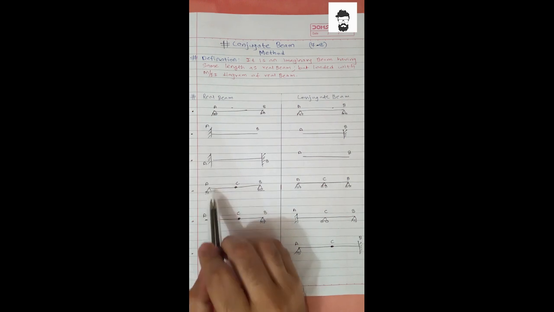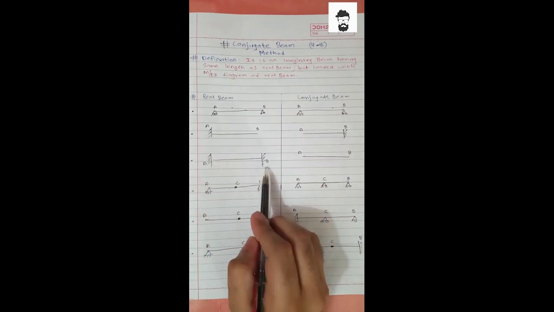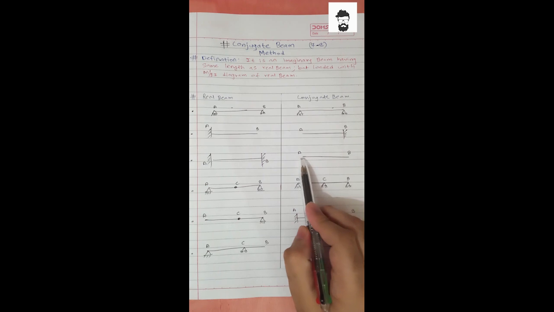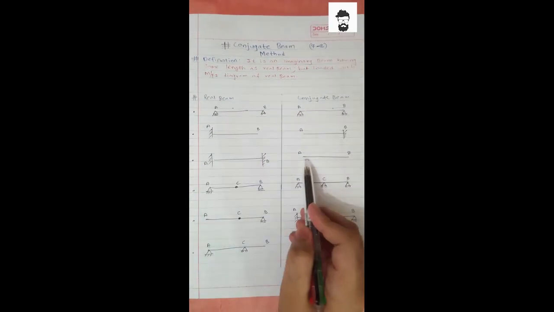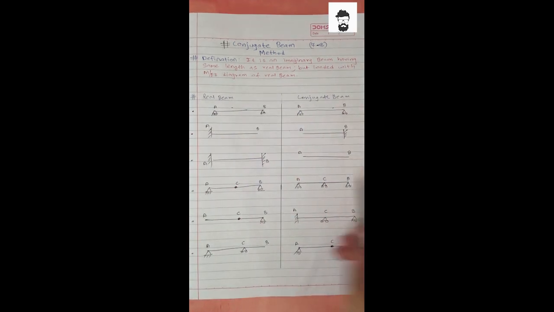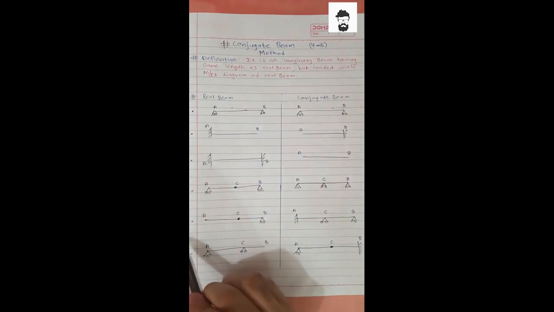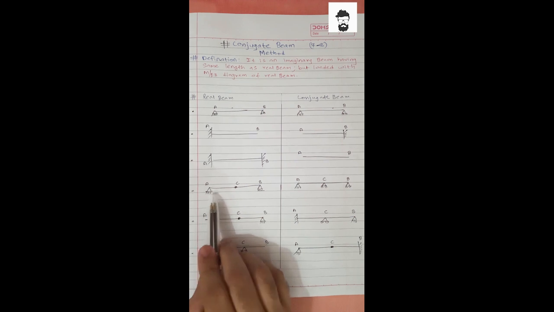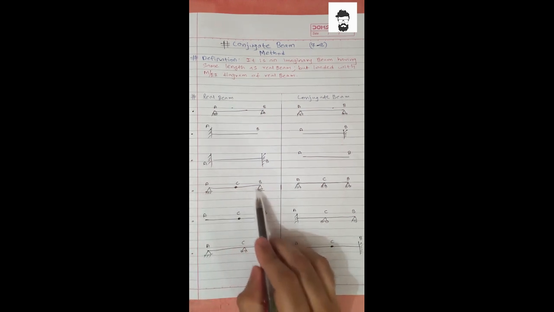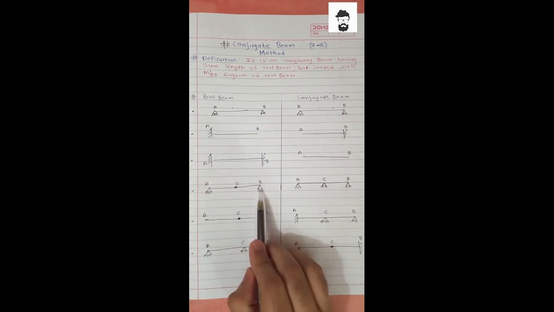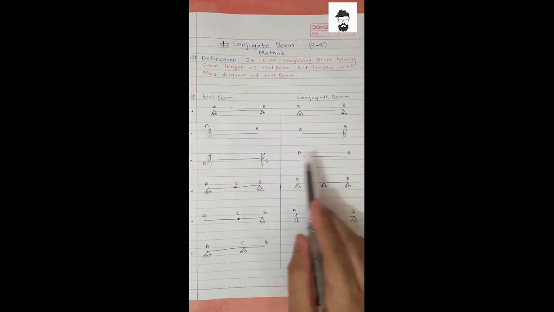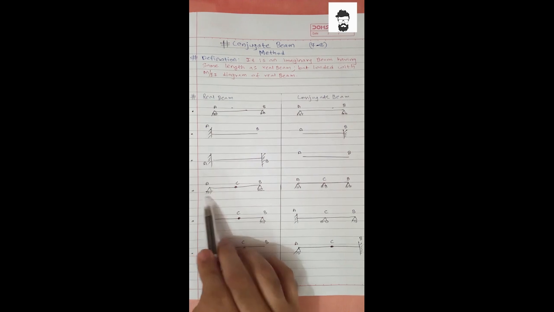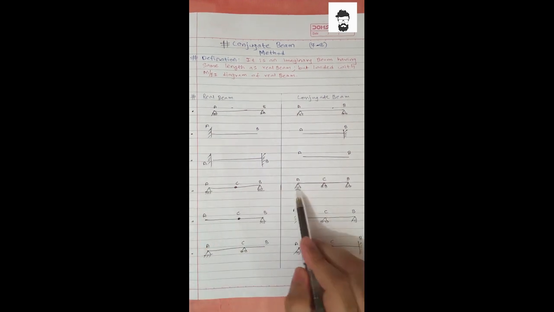Now let us take third example. At end A is fixed and B is fixed. So end A will be free and B will be free. Opposite, fixed becomes free. Now this is a very important example. At end A there is hinge support, at end B there is roller support. So we should always start with extreme supports. In conjugate beam, extreme end A is hinged, so it will not change. Extreme end B is roller, it will not change.